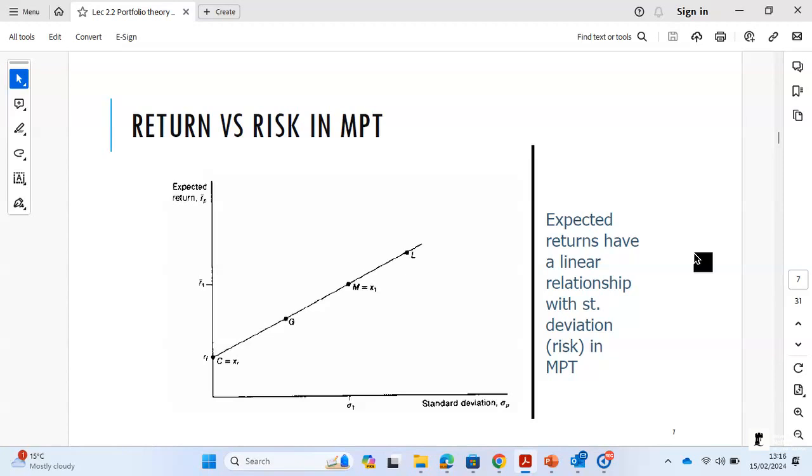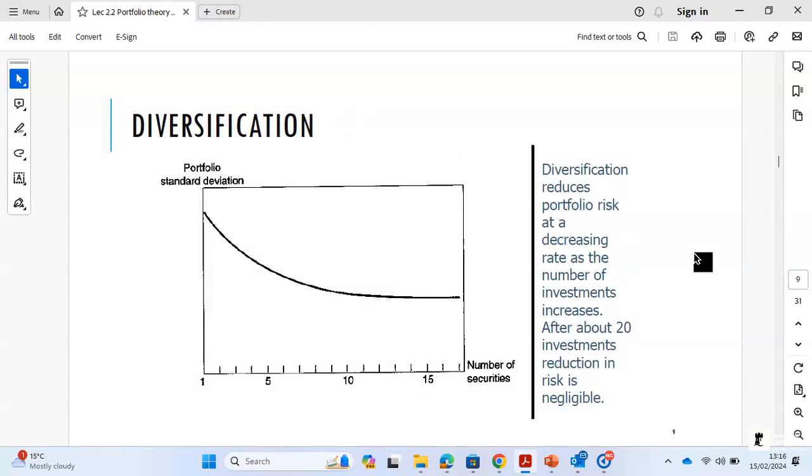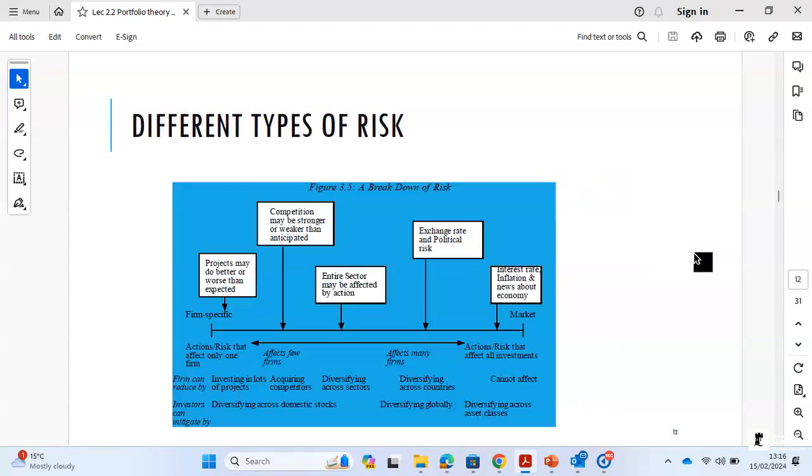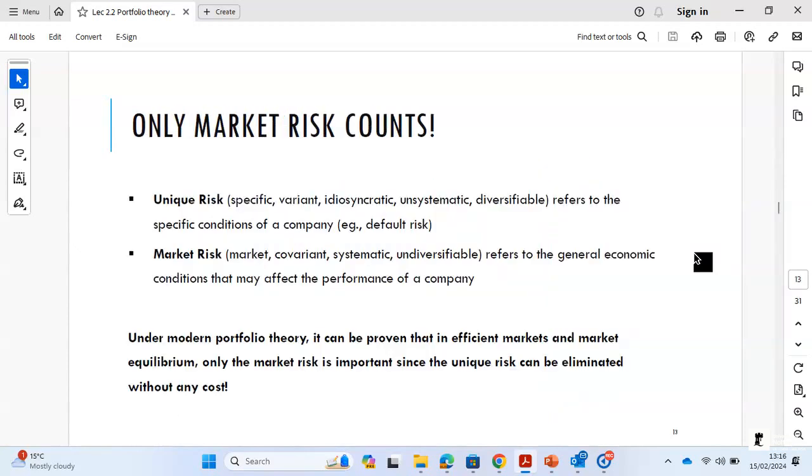The decision to add on more debt is a firm-specific risk, right? So you must not be compensated for that. This relationship applies only for systematic risk. So what should you be compensated for? Which risk should you be compensated for in the market? Only the systematic component. You should only be compensated for the systematic component of the risk. And why is that? Why should you only care about systematic risk, and why should you only be compensated for taking on the systematic risk?